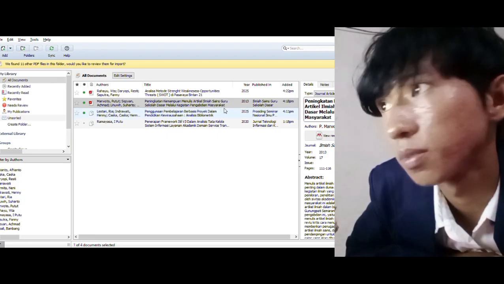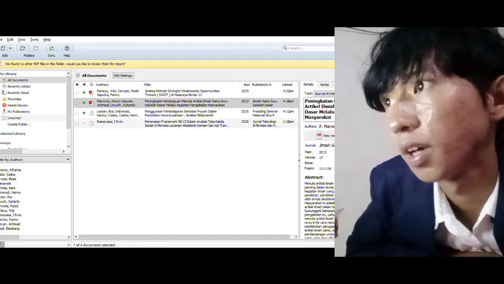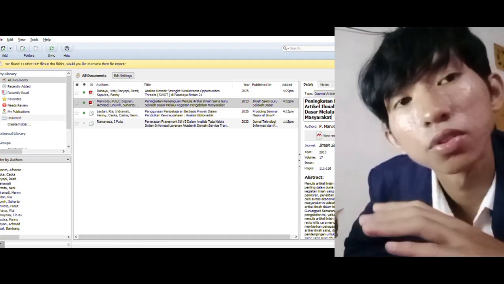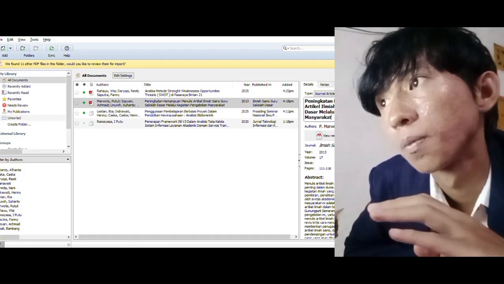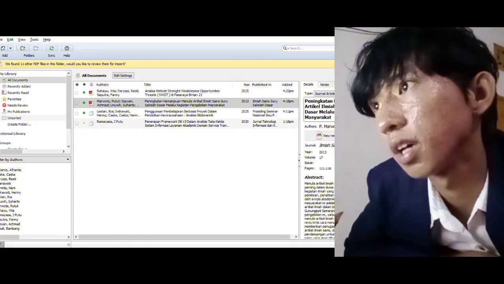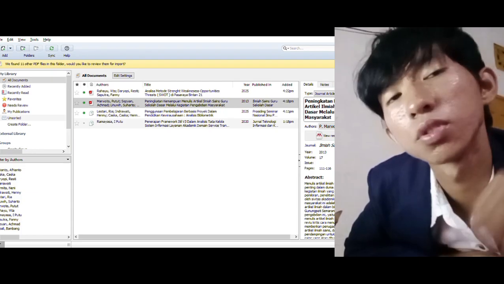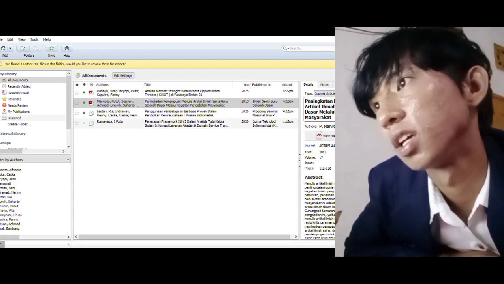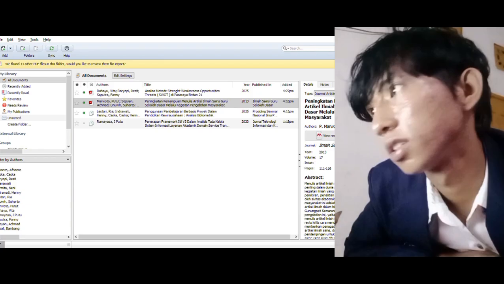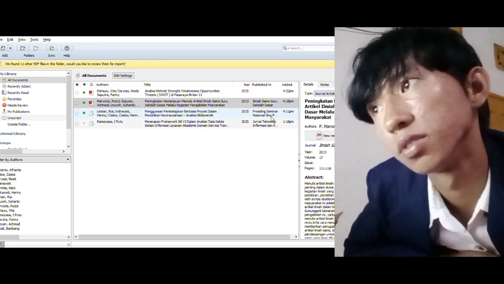Then you need to type the title of the journal article, and you need to make every word's first letter a capital, like this. The authors are who made the journal article.